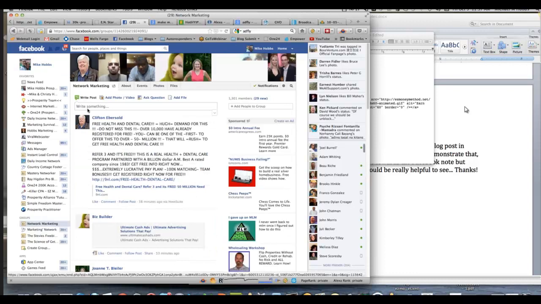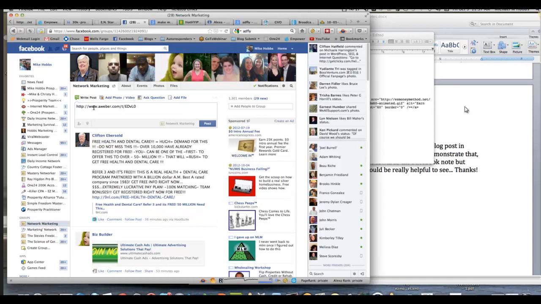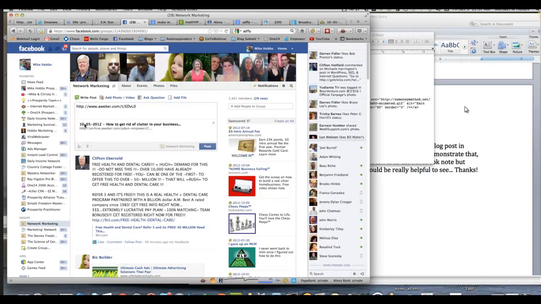Now, I think if you put an image in the actual message, it might show the image too. I didn't even think about that. But yeah, you can put an image probably in the message itself, like in your HTML, and it would probably show an image too.